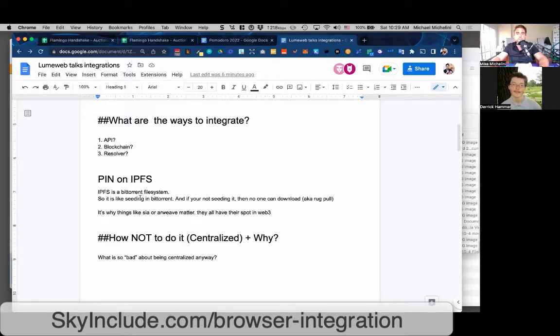But from a technical perspective, you have seeders who have the full file, and leechers who either don't have any of the file or are downloading it, or have part of the file and are sharing it. So in the end, it's just a peer-to-peer system,